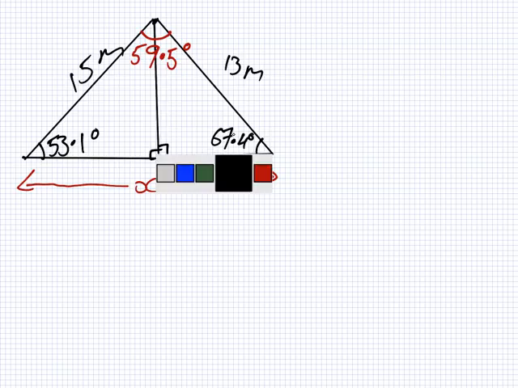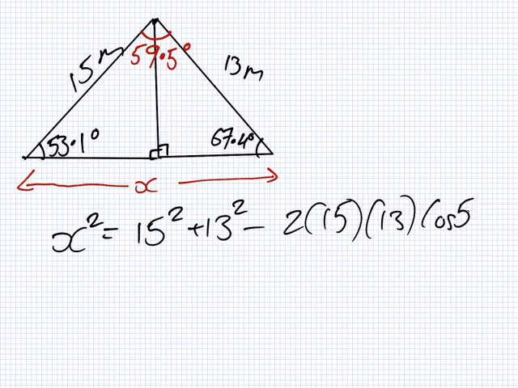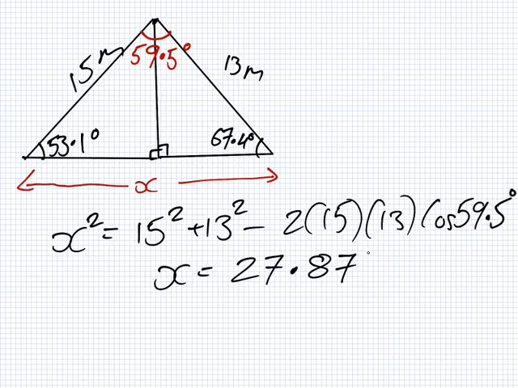So we can say x squared equals 15 squared plus 13 squared minus twice 15, 13 cos 59.5. So we get x equals 27.87 meters